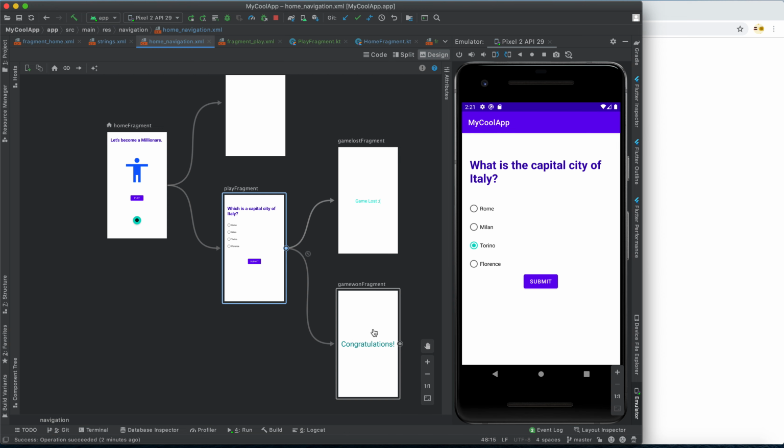So how do we do that? There is a special technique. Whenever your user presses the back button, he should not navigate again to the play fragment, because he has won the game. In this scenario, you have to pop up to the home fragment. So how do we do that? We do that using